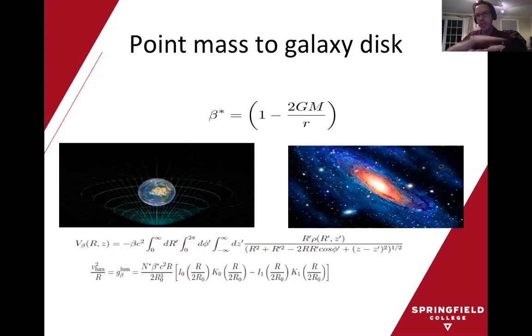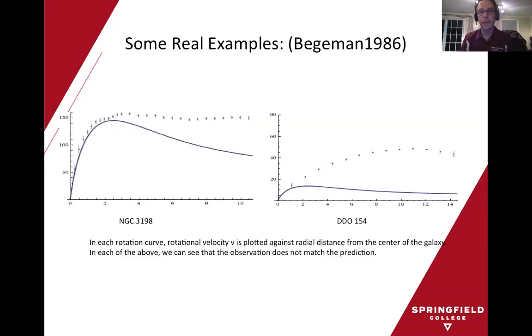What is a galaxy? It's basically a one-dimensional slice of a three-dimensional cylindrical coordinate system. So we can integrate that gravitational potential over the entire disk of the galaxy. And we do that for an exponential distribution, which pretty accurately describes a spiral galaxy. Then we take that net potential and compare it to the kinetic energy that the galaxy should have, 1/2 mv squared. From that, we get a prediction for the velocity as a function of the distance, which goes like the mass, and it goes like this formula down here at the bottom. This is the famous Freeman formula,